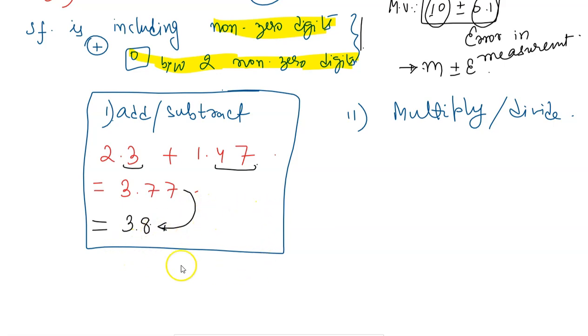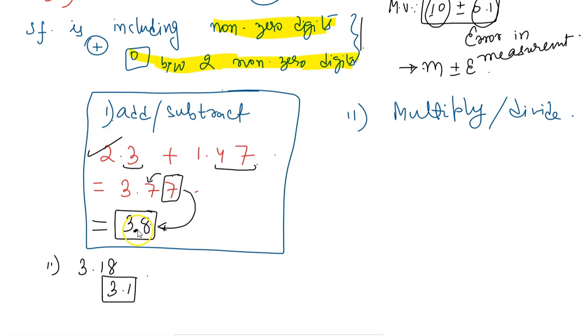So for rounding off, we have a very simple concept: the value which we are going to exclude, if it is greater than or equal to 5, then we increment the value before it by 1, else we leave it as it is. So for example, you can say 3.18. If I want to round it off, I will leave it as 3.1 only up to 1 decimal place. So this result, the final result for this added value is going to be this, only if I take significant figures into consideration.